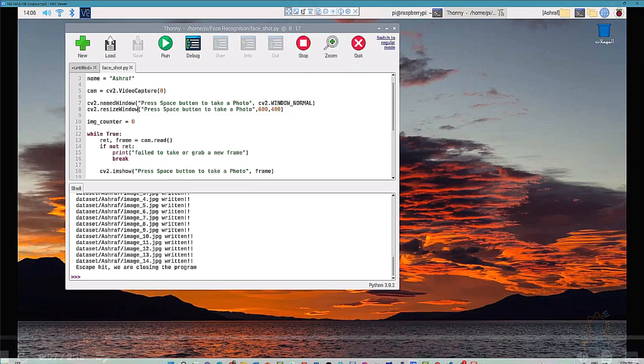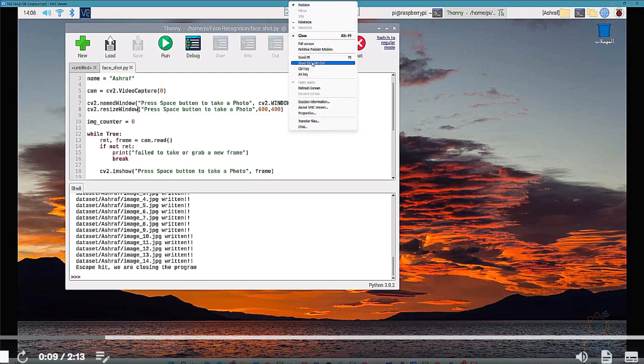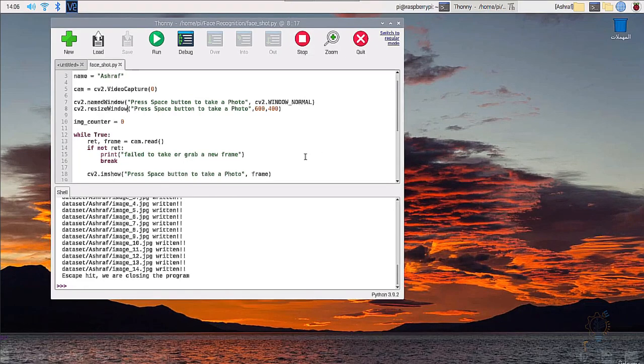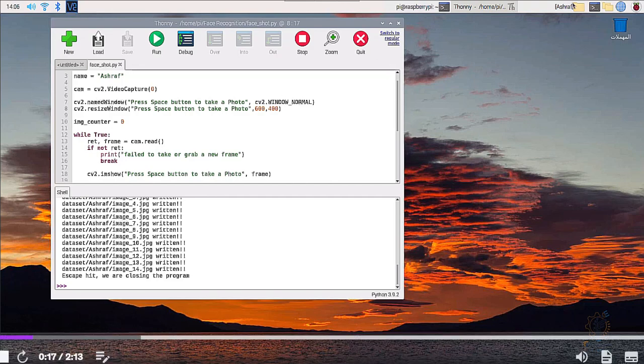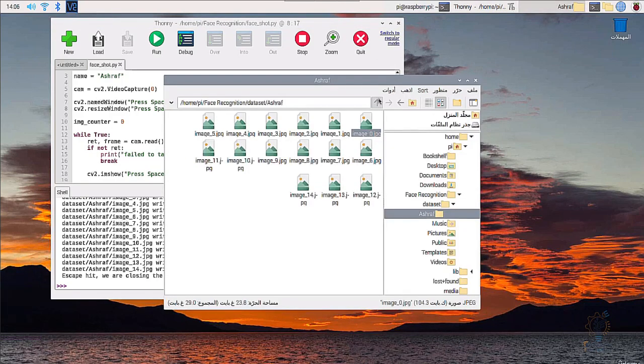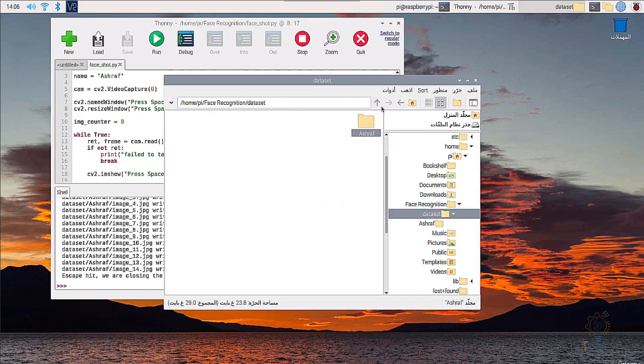Hello and welcome to this new lesson. Now we are ready for our next step, which is basically using the second script to train the model. Now, if we went back here to this folder, we will find that